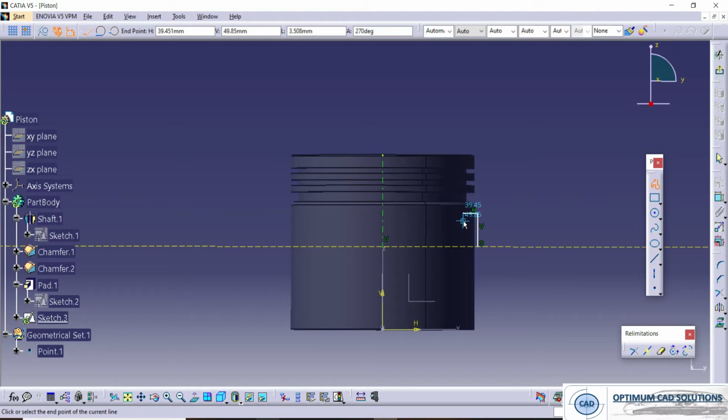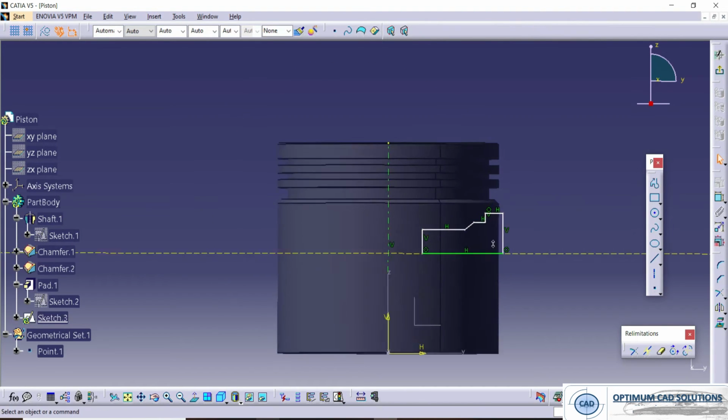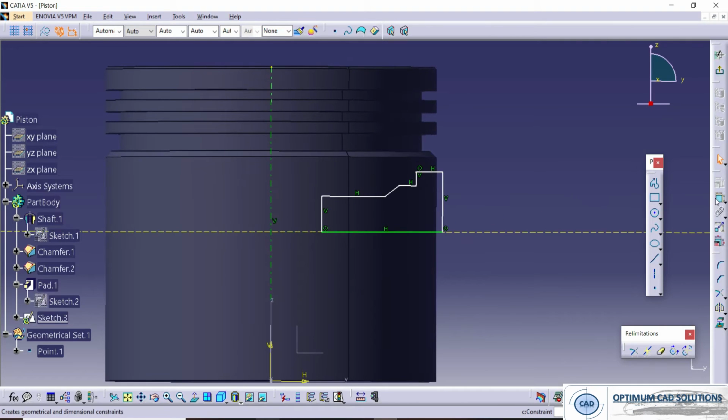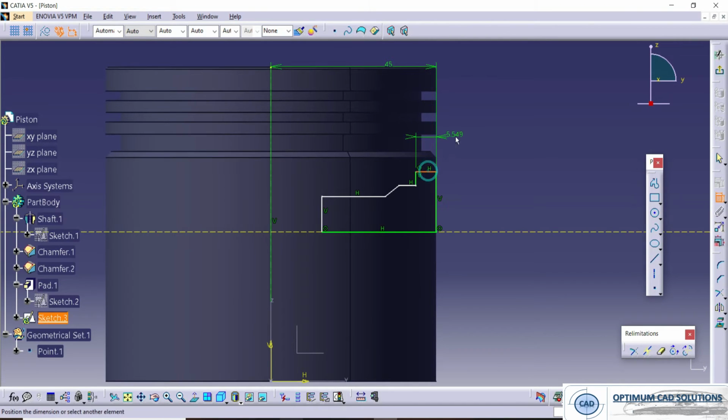First of all, we'll create the shape. So this is of a 45 mm, 3.9.